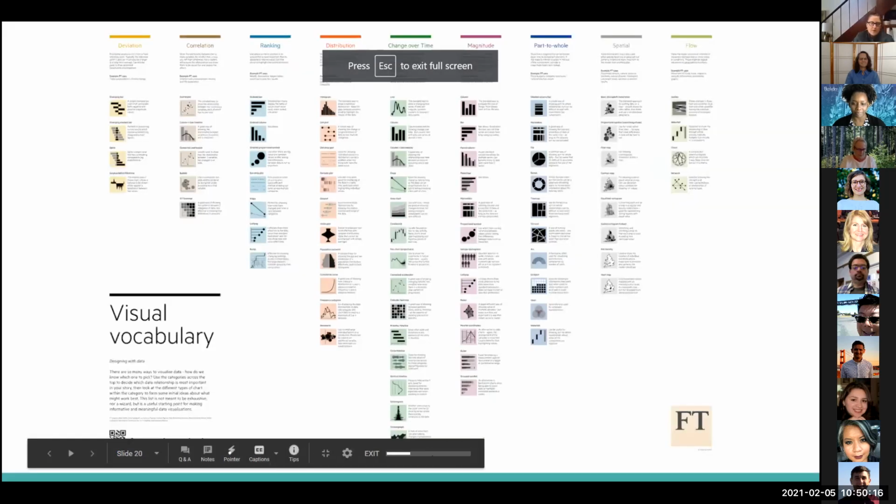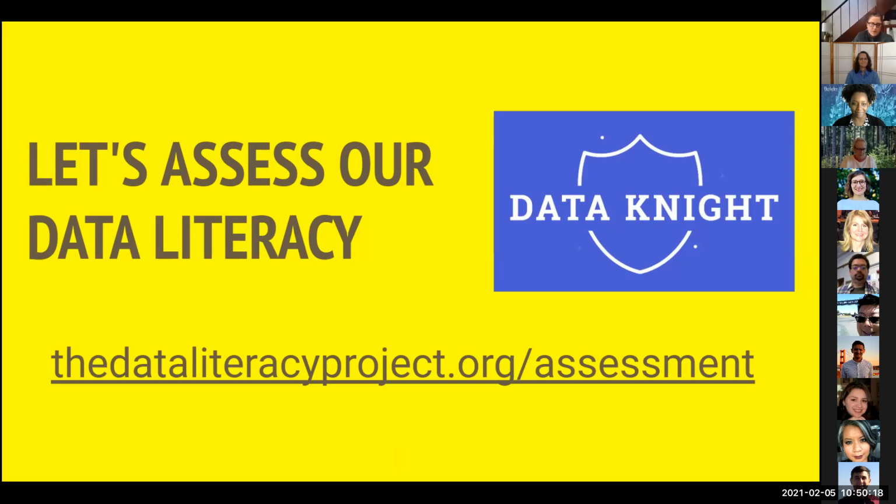Okay, having done a whirlwind tour of the basic concepts that we know we need to know, irrespective of tools out there or types of data, just the general quick things we need to know and use to be able to read and write data, let's see how we're doing. This assessment link here, I highly recommend doing along with me. It's short, easy, you don't need to give them an email, and at the end it gives you a whole bunch of resources for getting started. So I'm going to